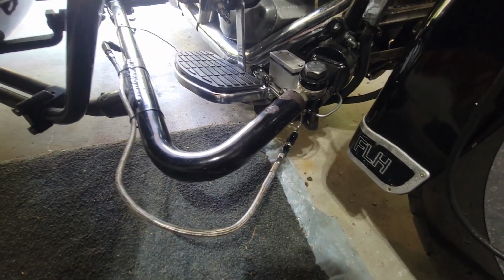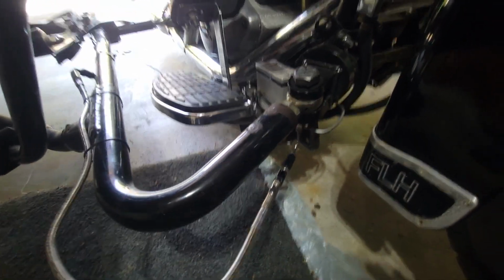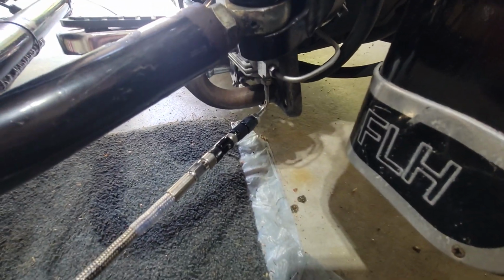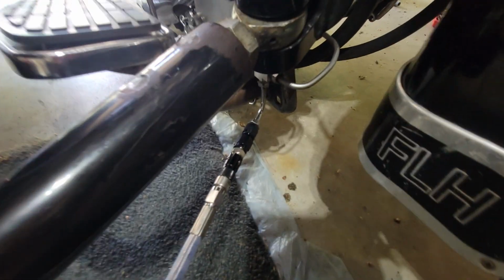I want to shoot a quick video. This is on the quick detach brake system or brake line. These are on Amazon, and they're actually not much more than 20 bucks. They're 3AN fittings. I had to get a female to female